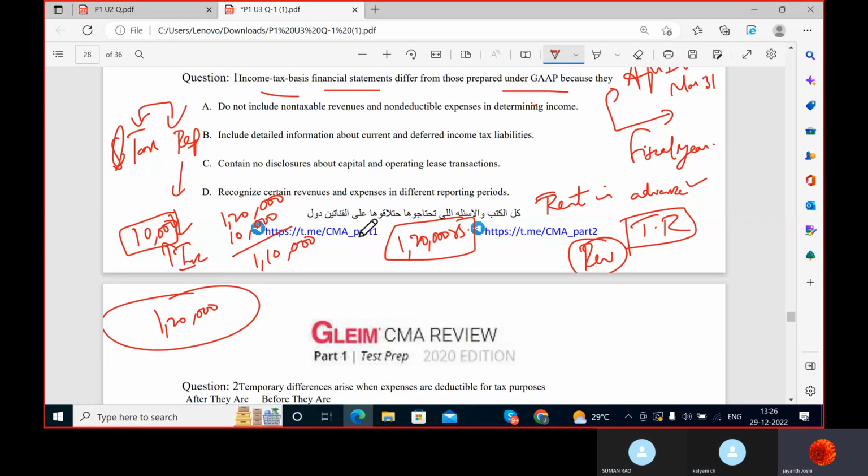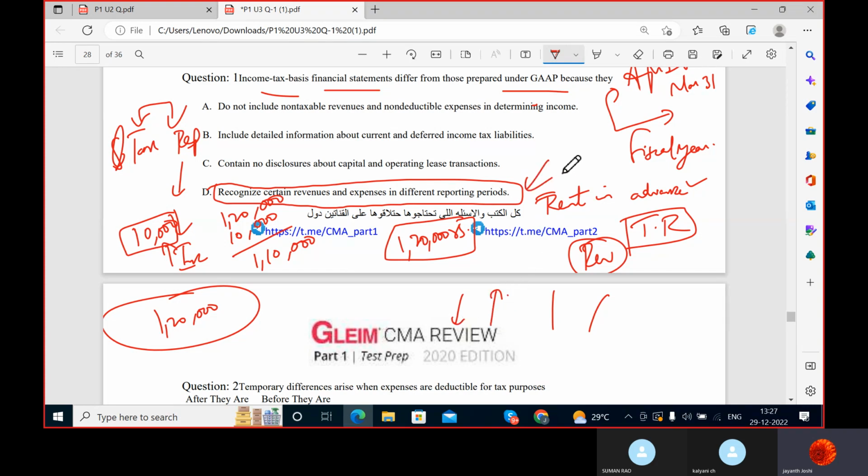Yes, sir. So temporary differences most commonly arise when either expenses or revenues are recognized for tax purposes either earlier or later than in the determination of financial income. The most important aspect here, the prime reason of the two books differing, tax returns and financial reports, is that they recognize certain revenues and expenses in different reporting periods, correct? We recognize something earlier in tax returns and show it later in financial reports, or we recognize something earlier in the financial reports and show it later in the tax returns. So this is the prime reason.